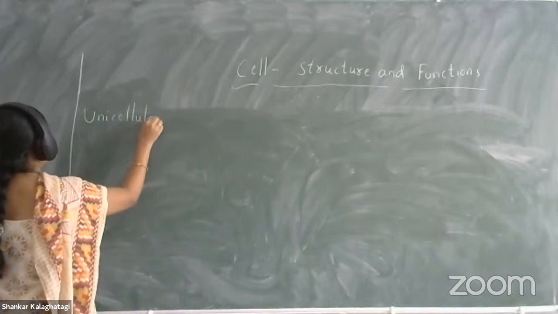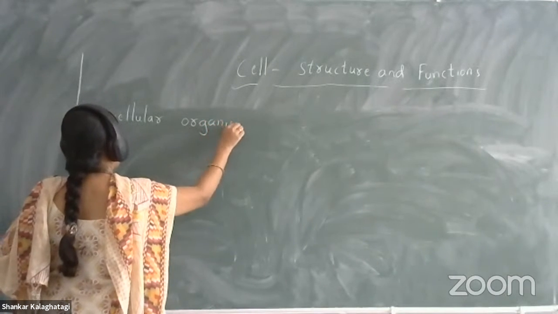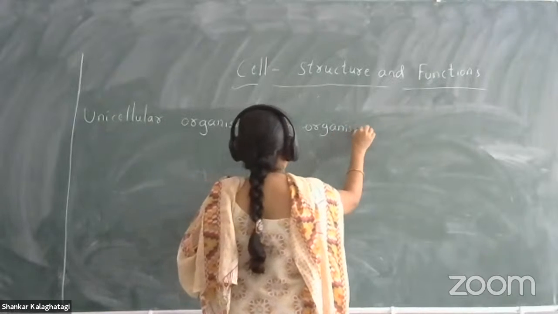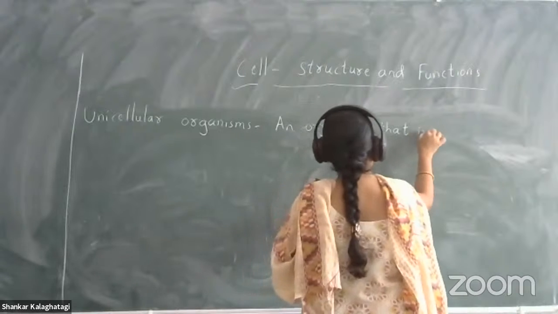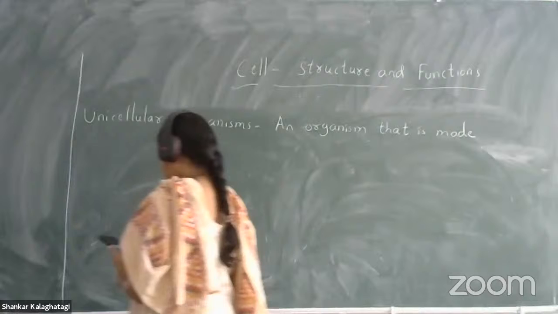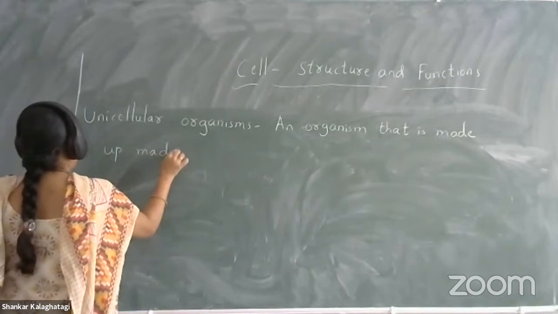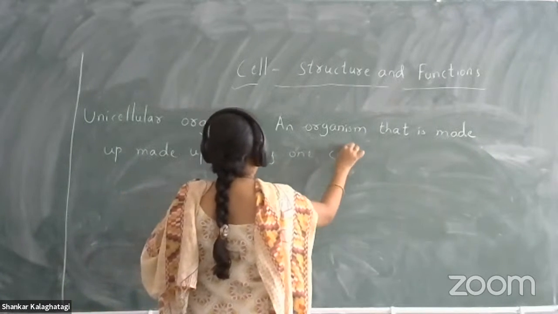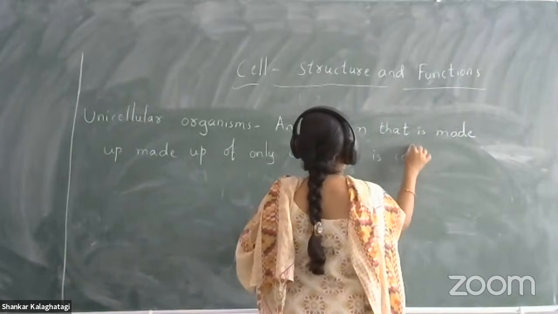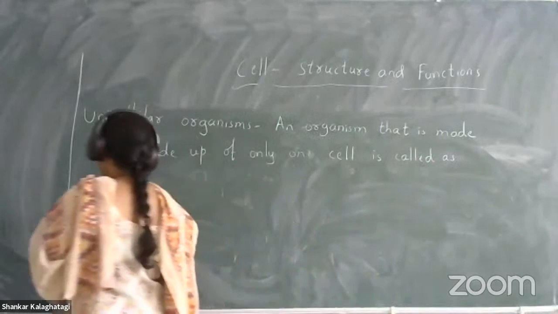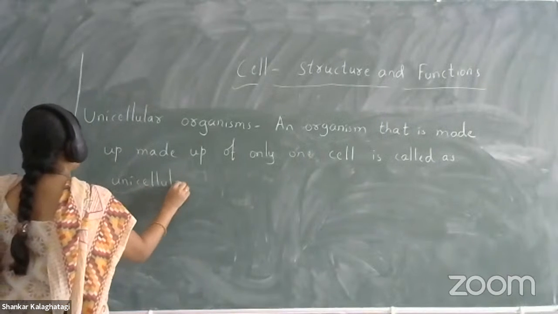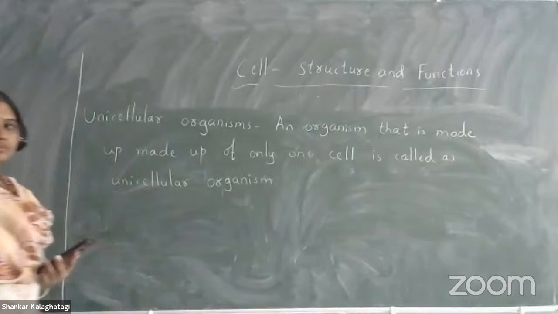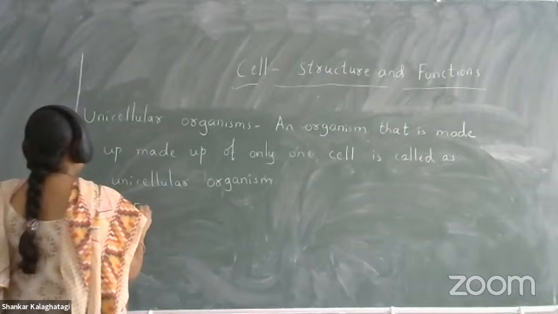Unicellular organisms. An organism that is made up of only one cell is called a unicellular organism. Example: bacteria,